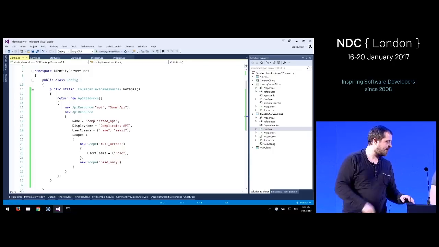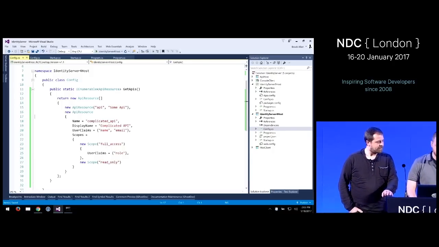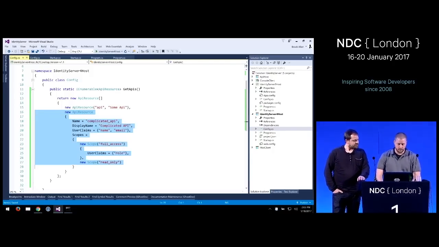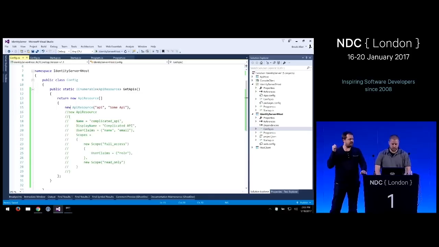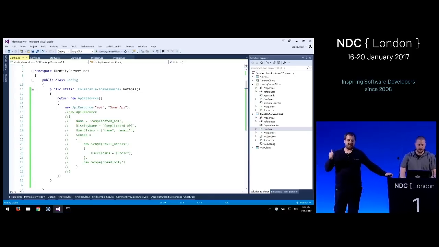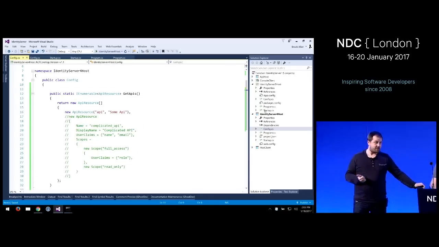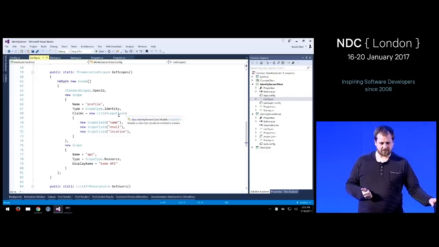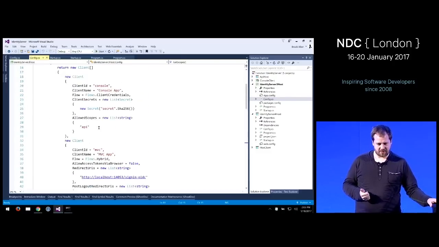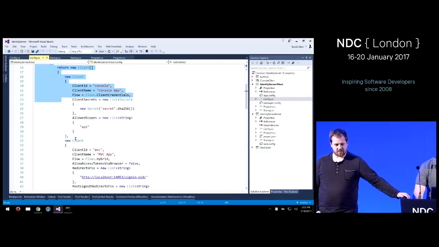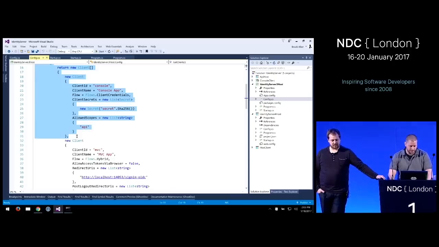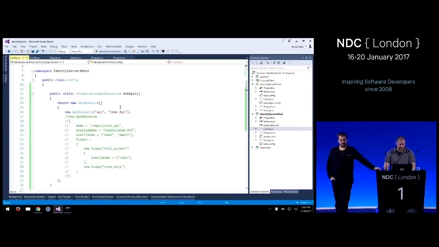Okay, so you just comment it out. We don't need it really. Okay, cool. So now we have a resource. The next thing we need is a client that can use that resource. This configuration didn't change as much, so we might be able to get away with copying most of this.